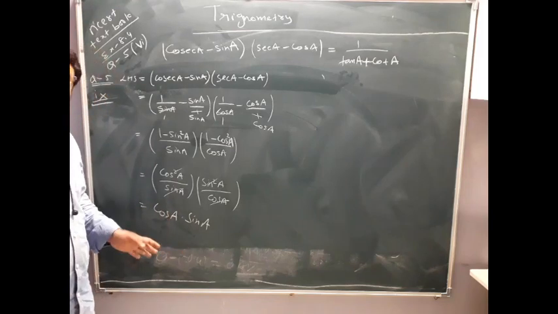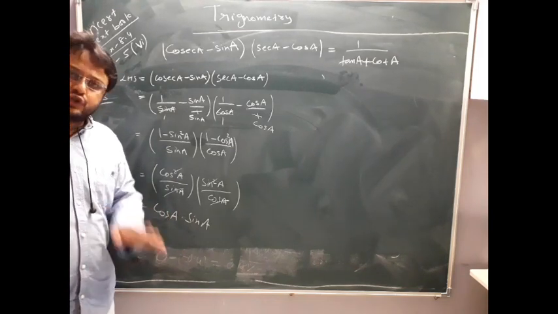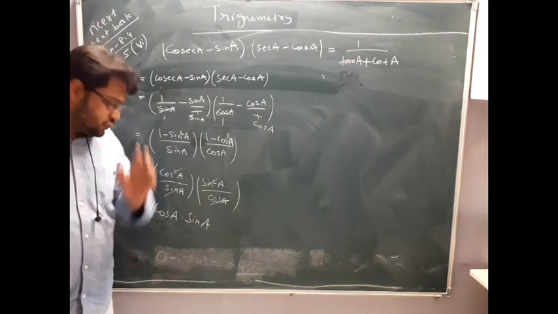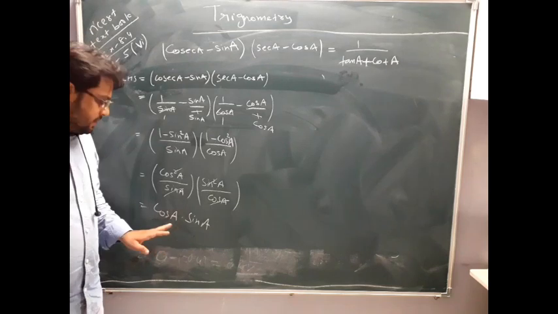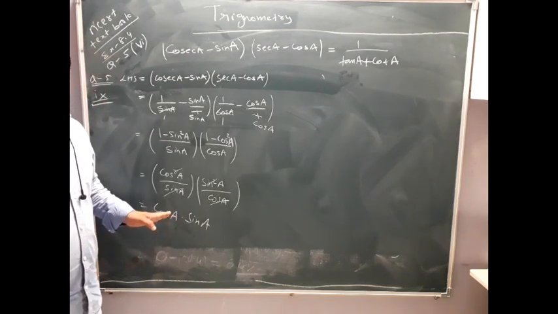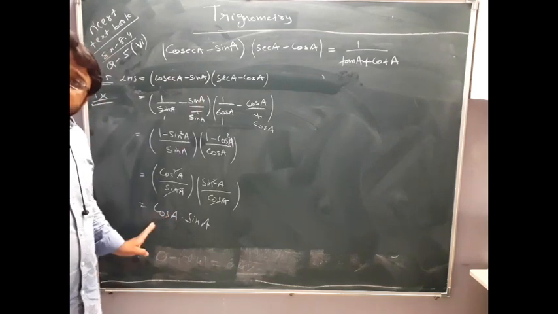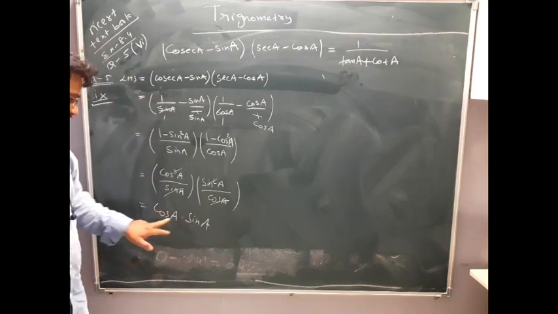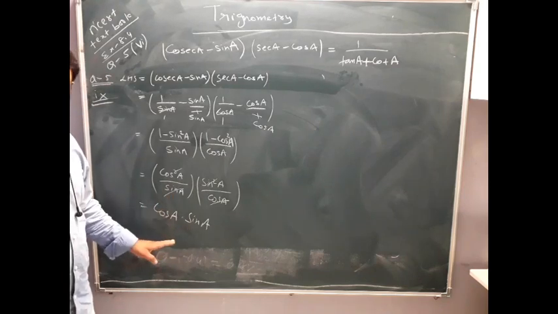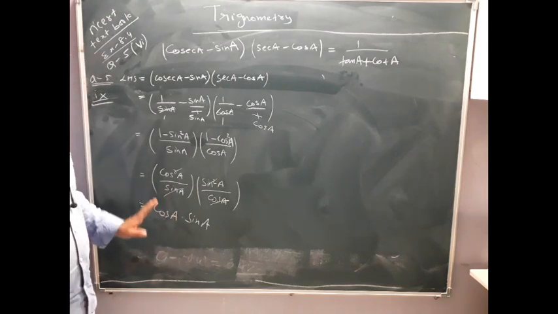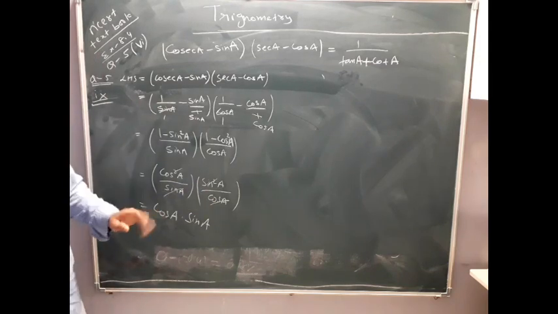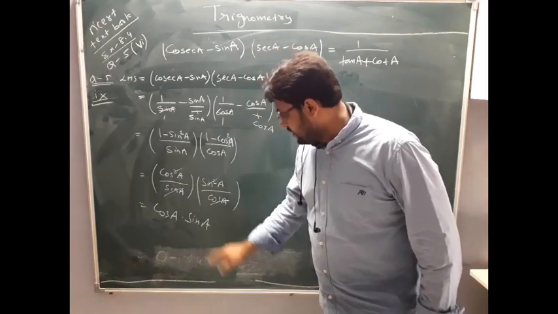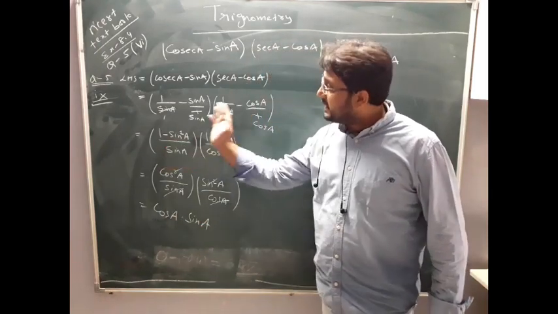Whenever any LHS portion ends in one trigonometry function, or one or more trigonometry functions which are in a ratio form or in a multiplication form, then understand that this is the problem where LHS and RHS should be solved separately. So see here, this LHS has ended in two trigonometry functions, cos a and sin a, which are in multiplication and which cannot be done further. So this problem should be solved LHS and RHS separately. If you go on practicing, you get the idea. Here I am ending with cos a and sin a. I cannot do anything, so I am solving RHS separately.